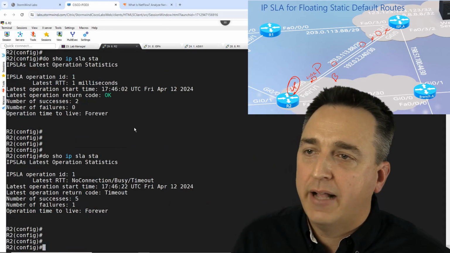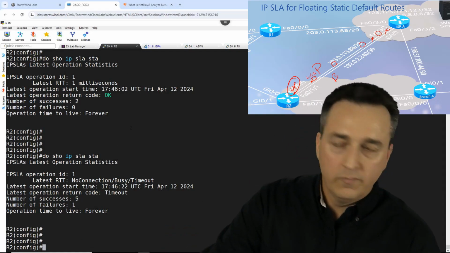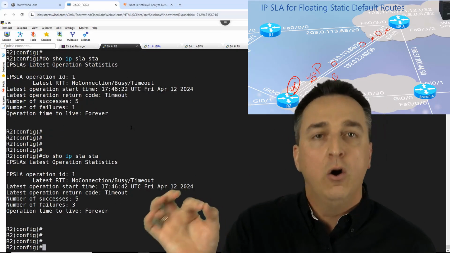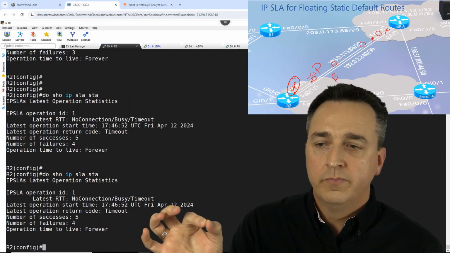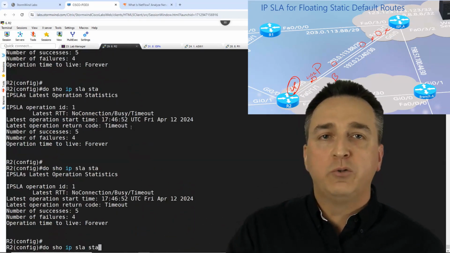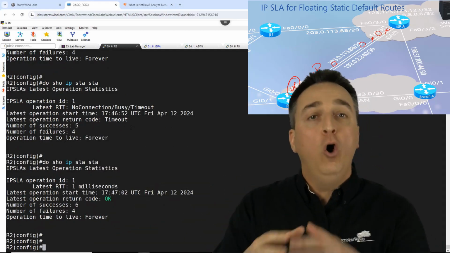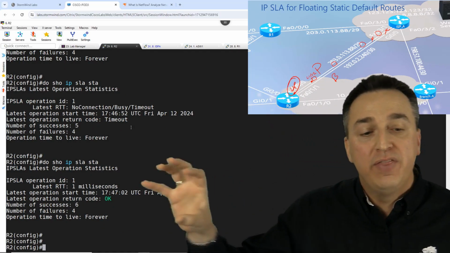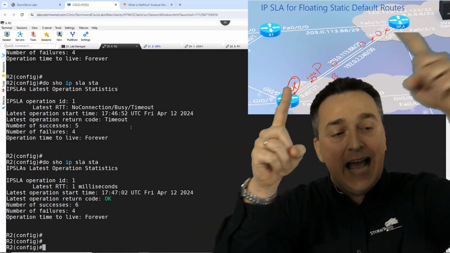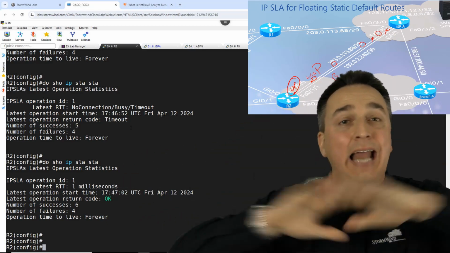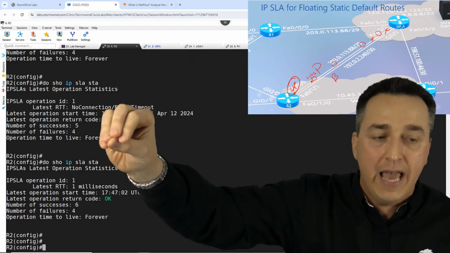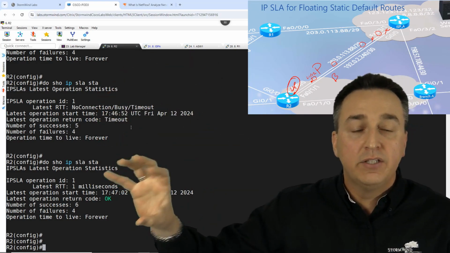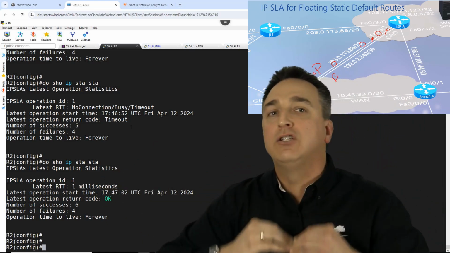And now that we have it back up, we're going to see that it comes back up and starts saying okay again. Right. So what we're going to do is attach this probe now to our static route. That way, if this connection ever fails anywhere along the line to get out to the internet, this times out and the static route is going to get removed from